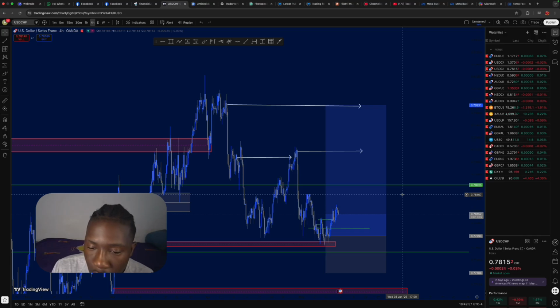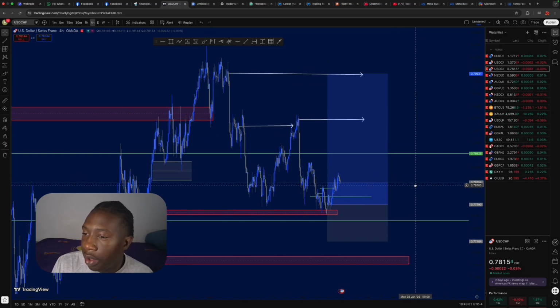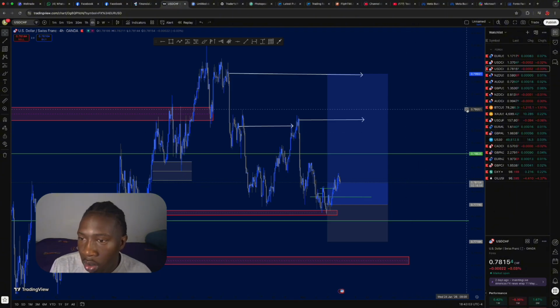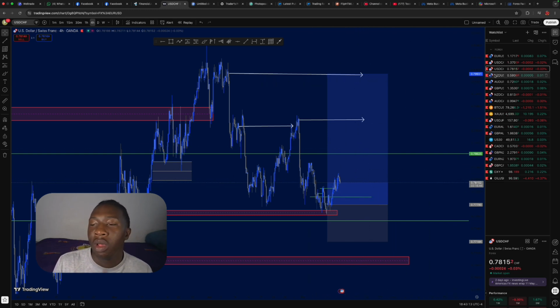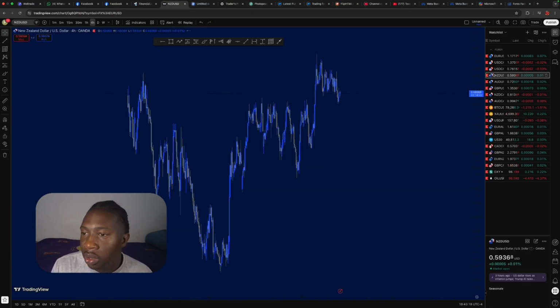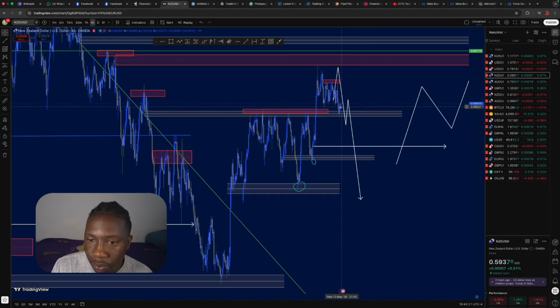So the risk is 1 is to 3.53. So it is good. We'll see. We'll leave it like that. Maybe the market will go down again, move up, go down, but we'll see. But this is our move. We are confident about it. USD CHF, and now we go to